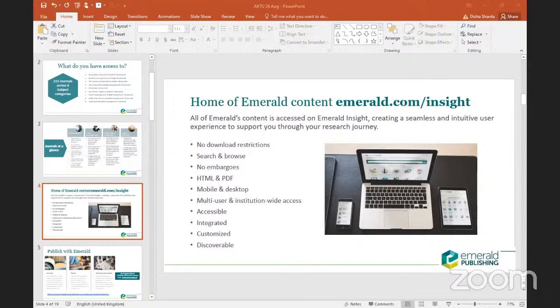And if you wish to see a general sense of what you have access to, you can click on the details and the drop down menu. From here, it will show you the names of each and every journal and how many articles are actually there. But just in case, you can also access them from here. But in terms of how you wish to go through our content, all you need to do is click here,